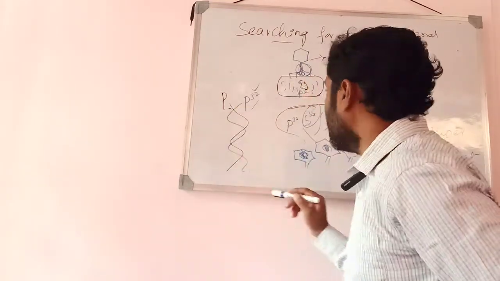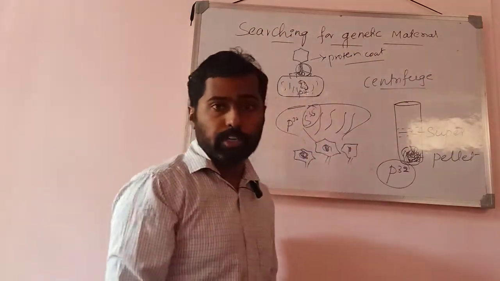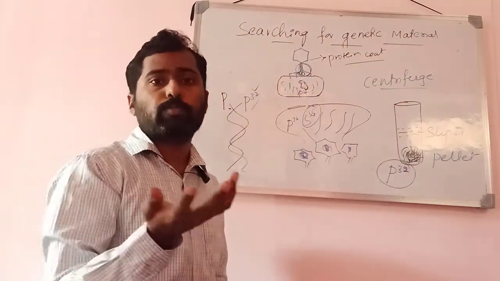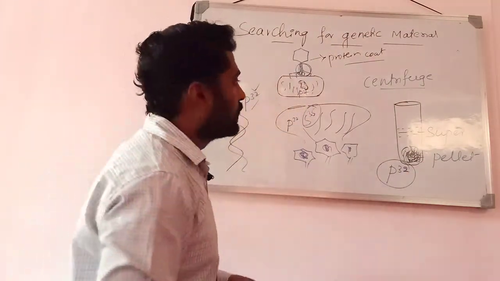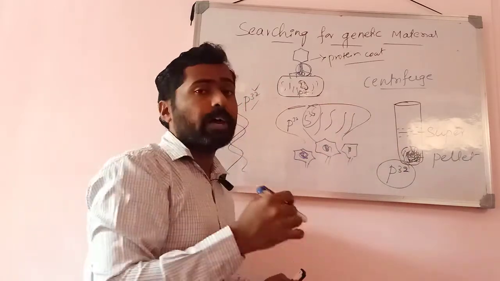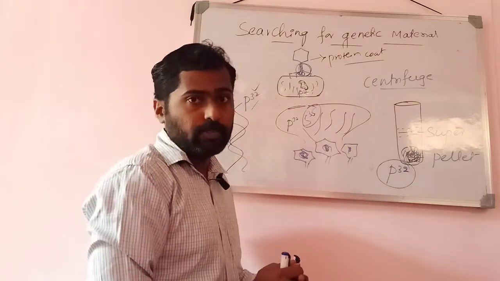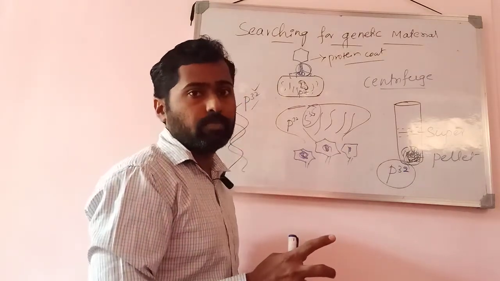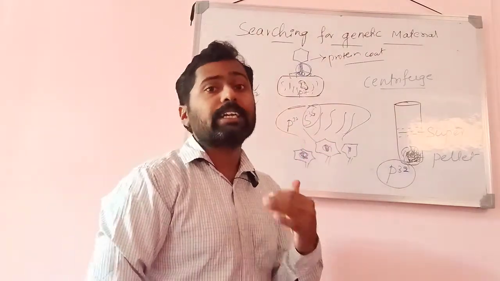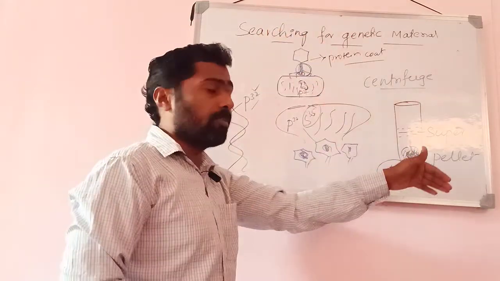Okay, so when centrifuged, the high density molecules get settled at the bottom as a pellet, whereas the low density molecules float as a supernatant, isn't it? When they observed for radioactivity, the supernatant doesn't show radioactivity; it was observed only in the pellet, which consists of DNA. Hence they proved that DNA is the genetic material that gets transferred from one generation to another generation, from the first generation of phages to several generations of phages.